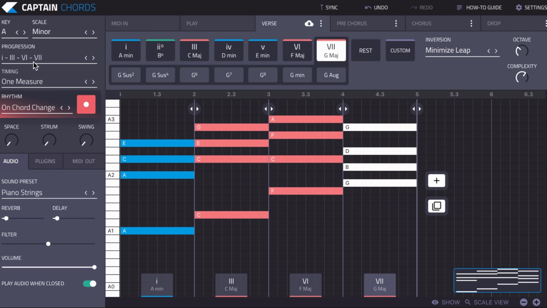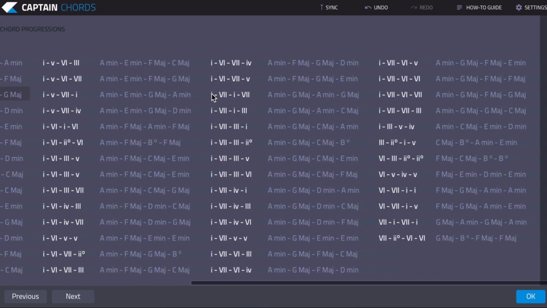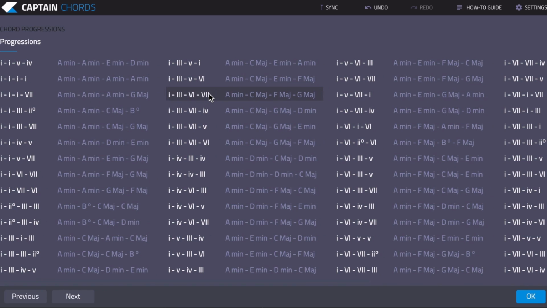Okay, let's move on to the preset progressions. So we have quite a lot of commonly used chord progressions. These have been used in pop songs, just famous songs. They're just generally chord progressions at work. You don't have to use these, but they're a great starting point. So you could pick one,